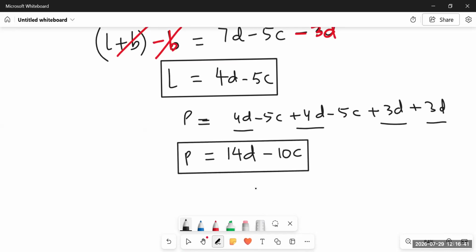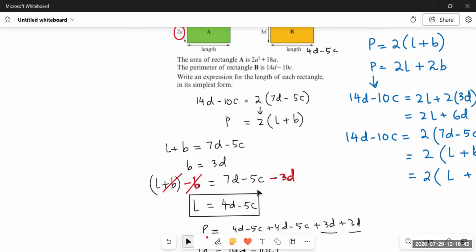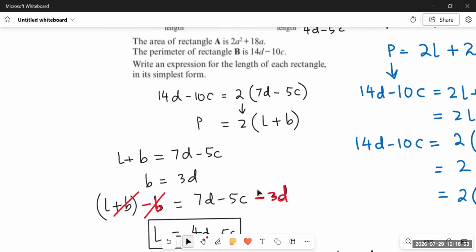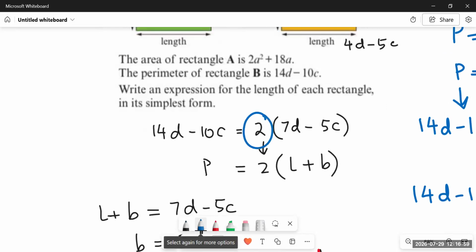So what we did, we simply factorized the perimeter. If the perimeter is given to you, just factorize it taking 2 in common. Always remember to take 2 in common because the formula for the perimeter is 2 into length plus breadth. So we have to factorize it taking 2 in common. If you factorize it this way, your answer will be accurate. Just take 2 common outside and then see what terms you have inside.